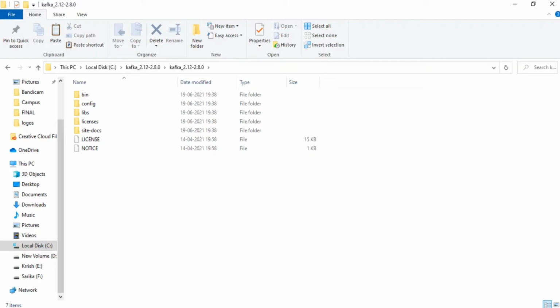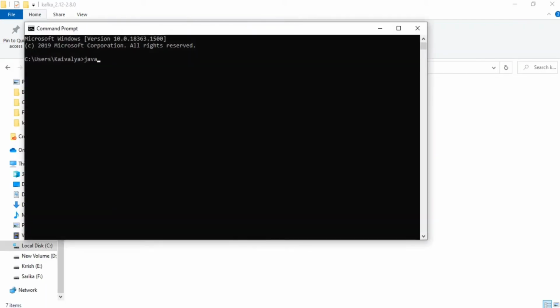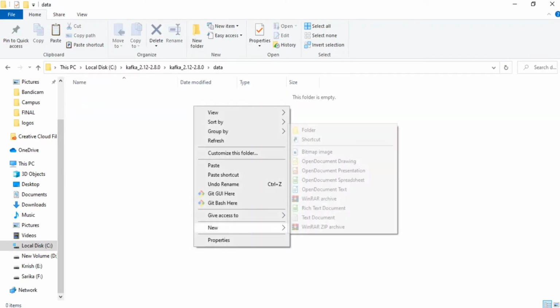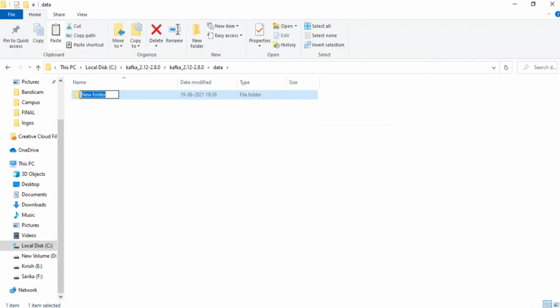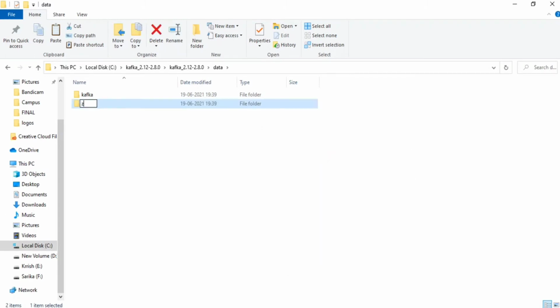First and foremost thing is you just need to check the Java version on your machine. It should be at least 1.8. Yeah, it's having 1.8, so we are good. So first thing is, there will always be data generated. So you will always have a data folder, and inside the data folder there are two processes that are running as part of Kafka. One is Kafka itself, and another is Zookeeper.